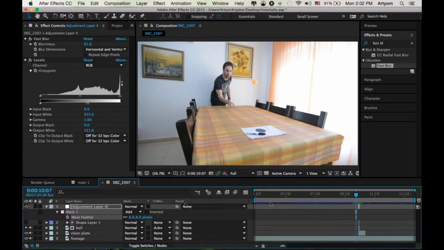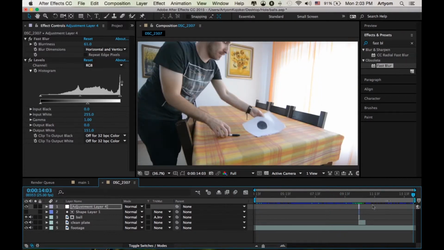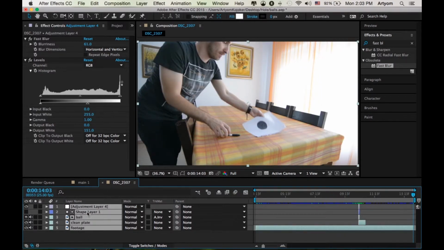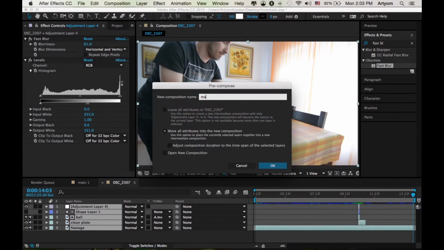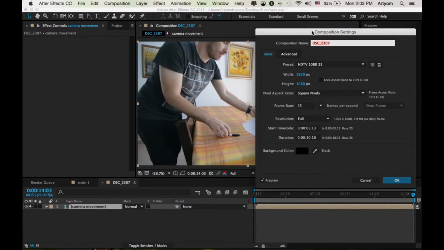Alright, so now to sell it even more, all this composition, select everything, go to Shift Command C, let's say camera movement, click OK. Now if you want to put it on Instagram or Facebook, the best way is just